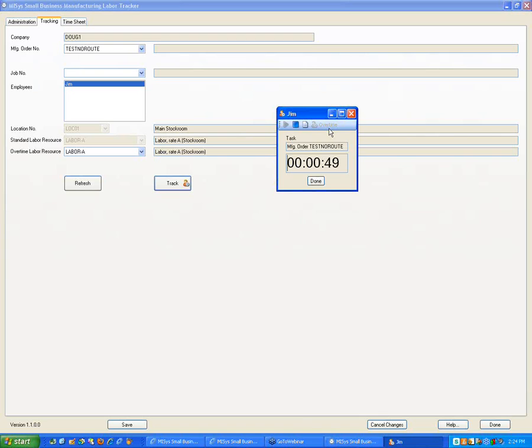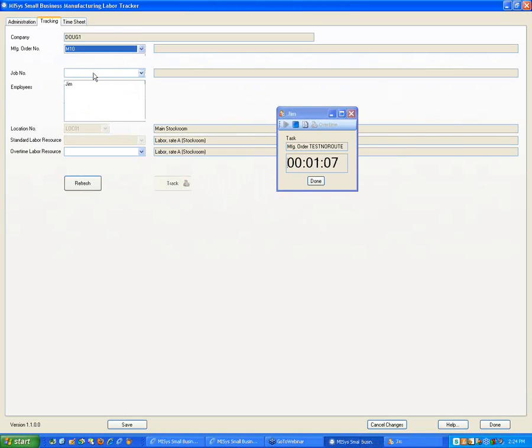I don't want this program installed on all kinds of clients. I have a supervisor, though, that people will check in with before they go out on the shop floor. So maybe the supervisor has this installed. She comes into the tracking tab and starts timers up. She has a whole list of employees. She selects different MOs,